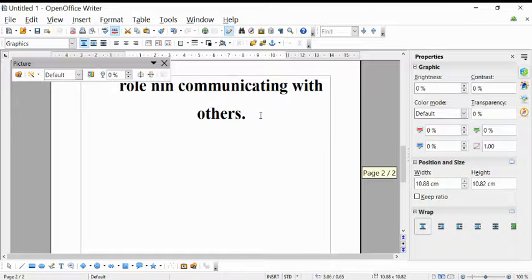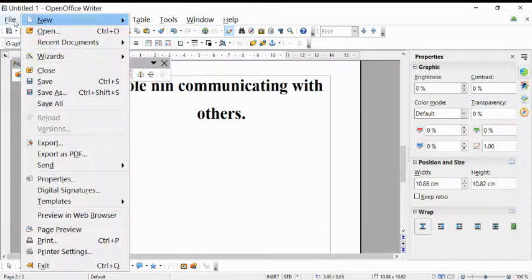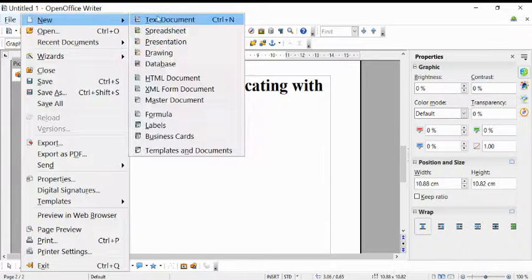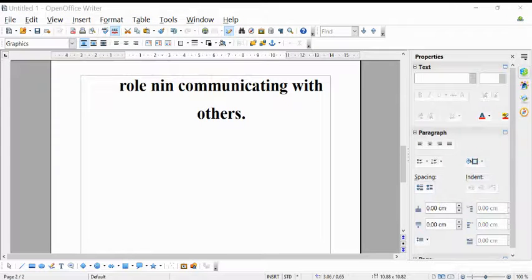So now I want to insert a table over here. So to insert a table, first I'll take a new text document from file. So here I want to insert a table now. Okay, so how to insert a table now? As you can see in the different menu bar, the table option is there. So just click on table, click on insert table. So now here if you want to give a name for the table, you just give a name. So I'll give here student.